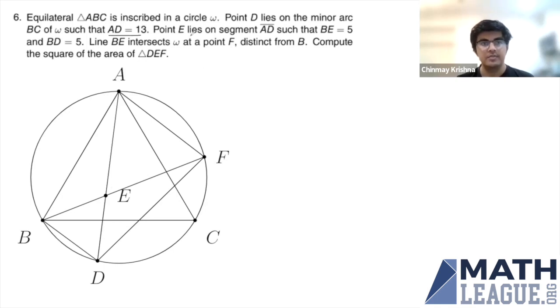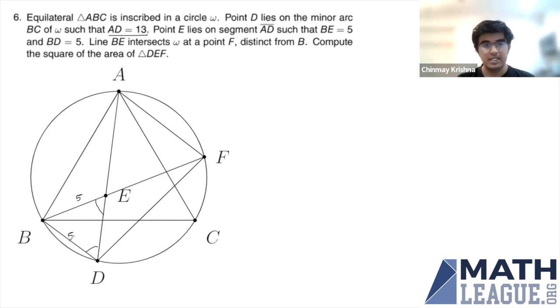So let's just underline that. And point E lies on segment AD such that BE equals 5. So we know that's 5. And we know that BD is also 5. So that means that there's an isosceles triangle, and these two angles would have to be the same. And we can figure out that this angle is 60 degrees since it subtends an arc that's 1/3